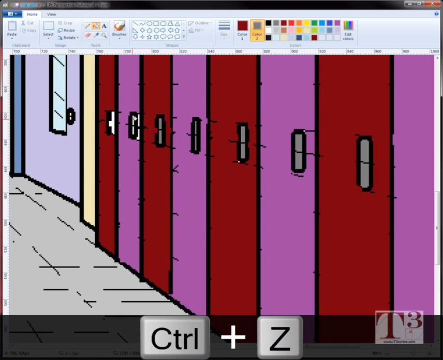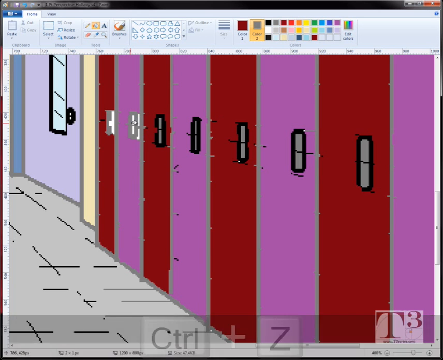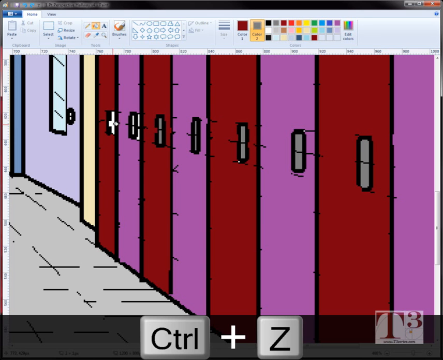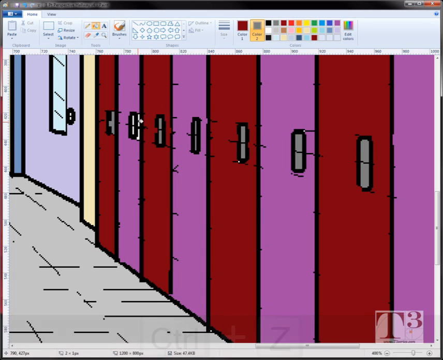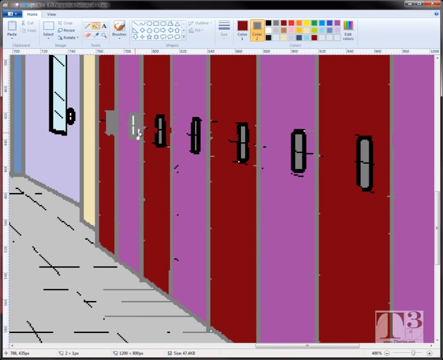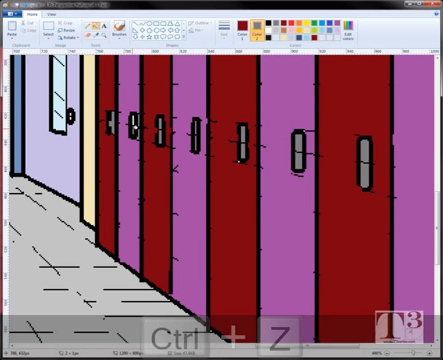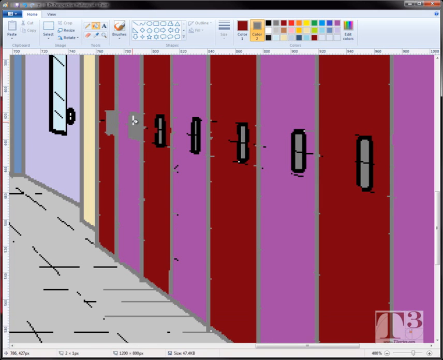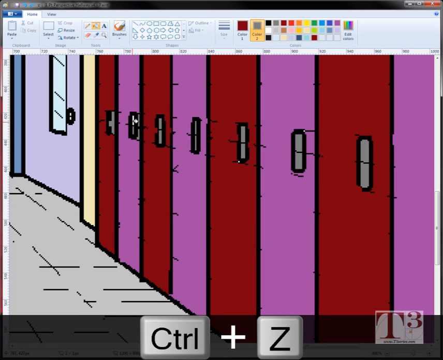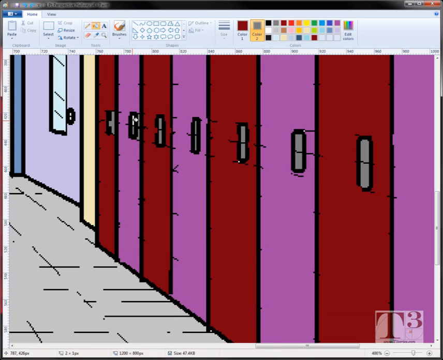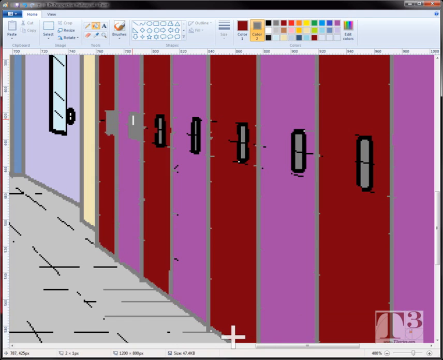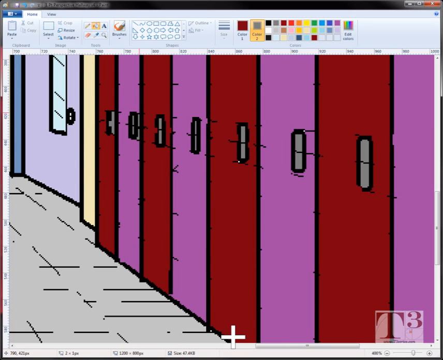Control Z, that's not going to make it. Let's go ahead and just paint this then. Control Z, that Control Z comes in handy. It's not letting me do it. There we go. Alright, I'm going to zoom back out